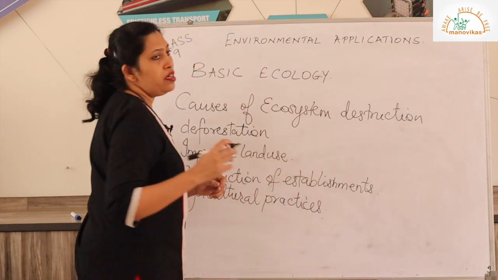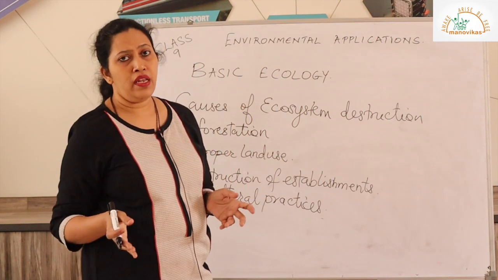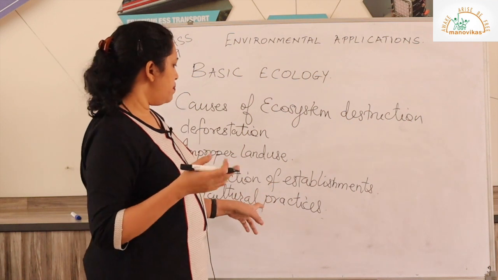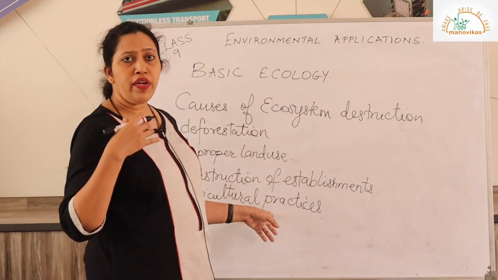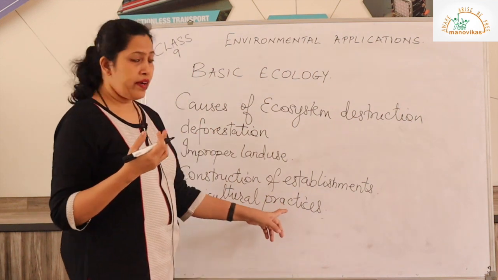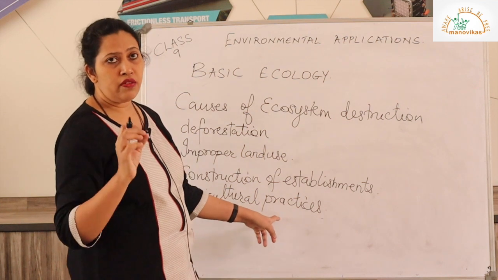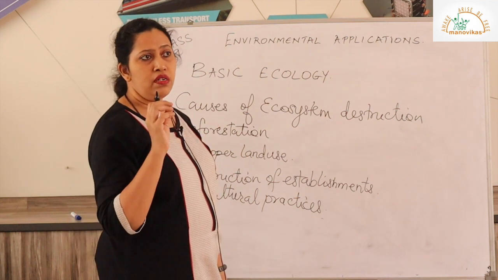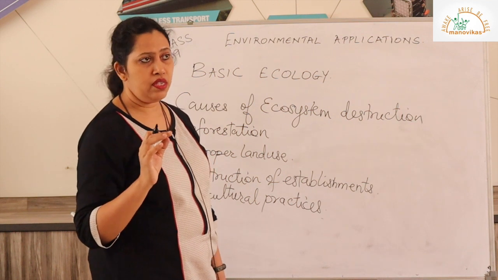Our food comes from soil. We owe the farmers a lot, because without agriculture we would not have survived. But when we say agricultural practices, it is wrong practices. For example, like jhum or slash and burn